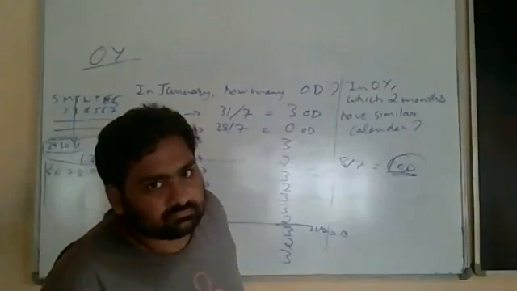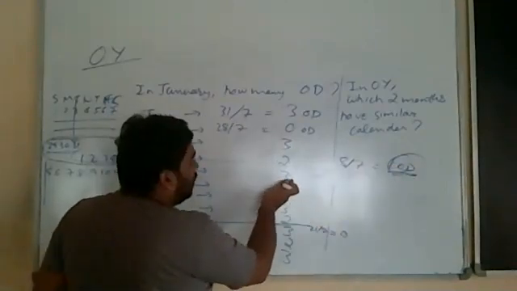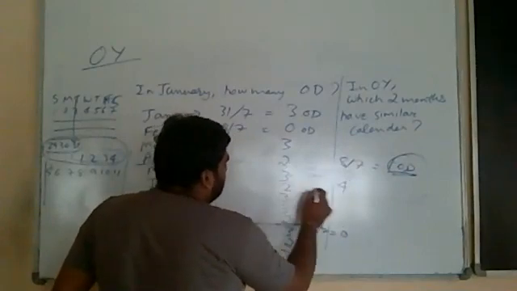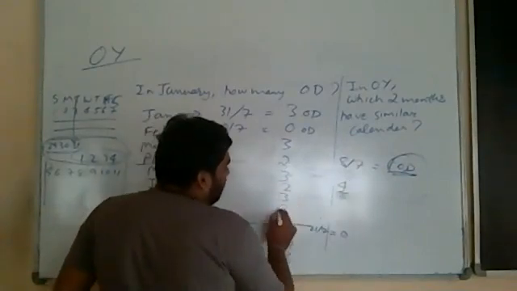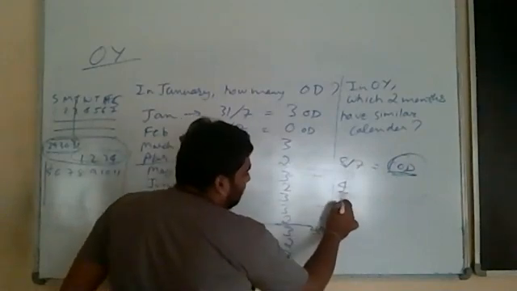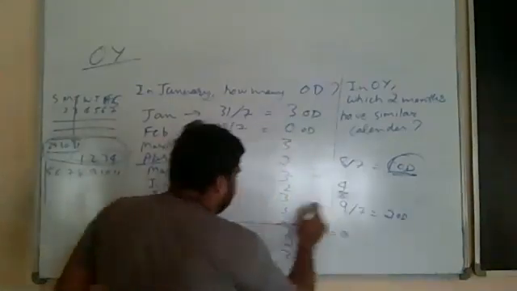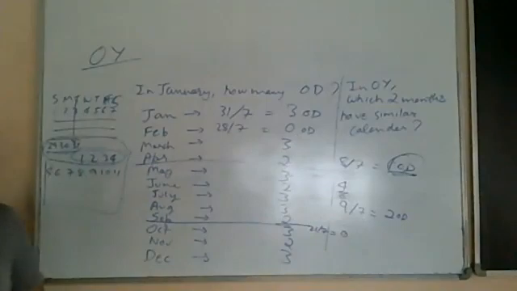Now come to May. May will contribute 3 more days. 1 day is pushed from April. May is contributing 3 days. So total will be 4. June will contribute 2 days. Total will be 6. July is going to contribute 3 days. Total will be 9. But 9 by 7 will again be 2 odd days, means 2 extra days are going to be pushed to August. Yes or no?